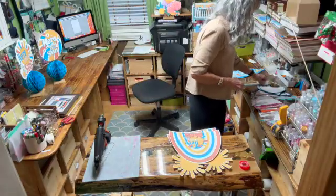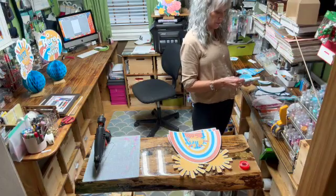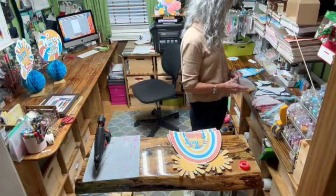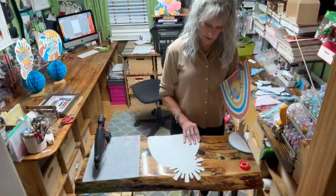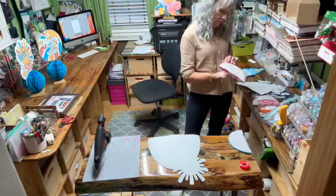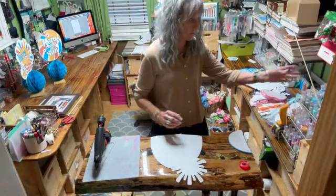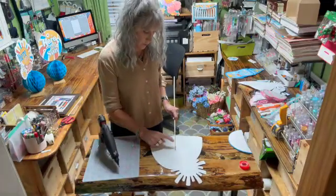Can't decide what to do here. I'm at a crossroad here. Well, see, when I put it with that, it looks too. I know what I'm going to do. I think it's going to be the same. Just the other ones don't go, and I don't have a yellow one. And pink definitely won't go, and purple definitely won't go. I at least want to use one of the colors that's in here. Of course, the whole point. I'm going to have to go on and order more colors, so I have